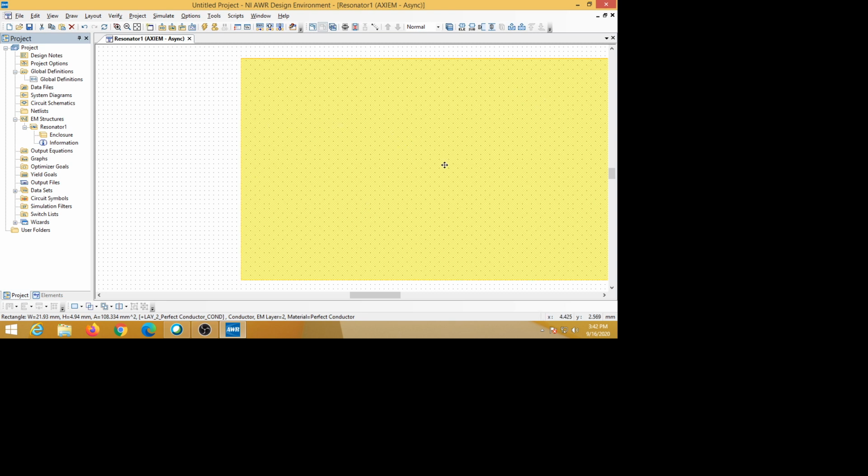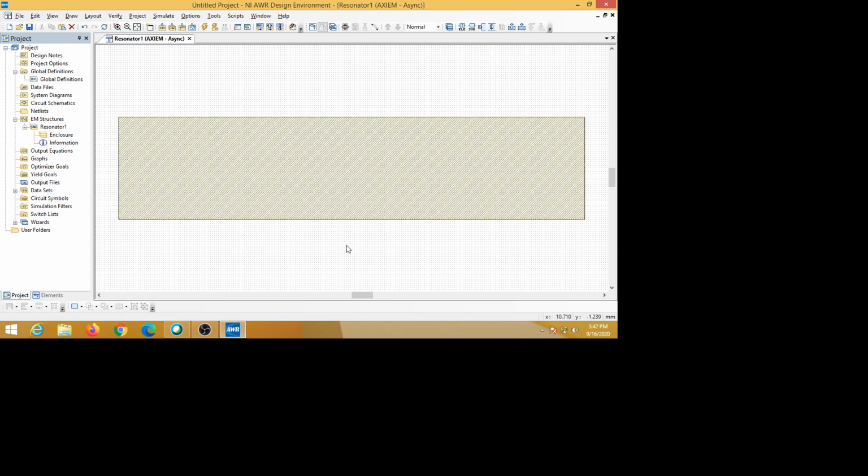We cannot see the rectangle fully, so what we have to do is View All. You click over this View All option, and we can see the structure like this. This is the rectangle, and as I said, this is the left bottom corner. You can see the coordinate of this. Wherever I take the cursor, that coordinate will be displayed, x and y. Exactly here, it is 0 0.